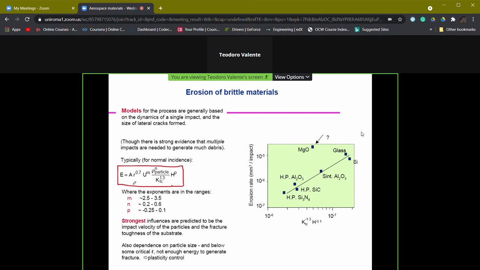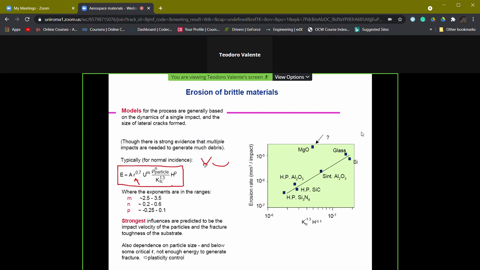You see here that, apart from the values of the exponent, we have the erosion rate, which is related to the curvature radius of the single particles, because if we have particles sharp like this or particles with a blunted profile like this, obviously this means that the area onto which the kinetic energy is dissipated